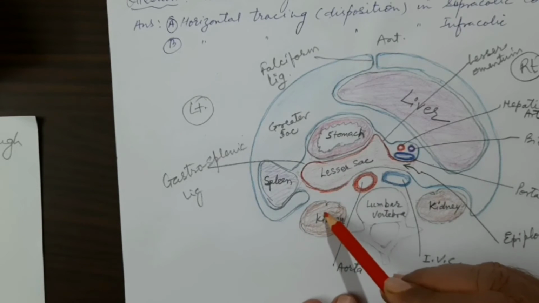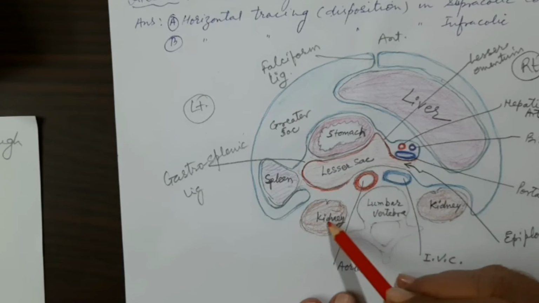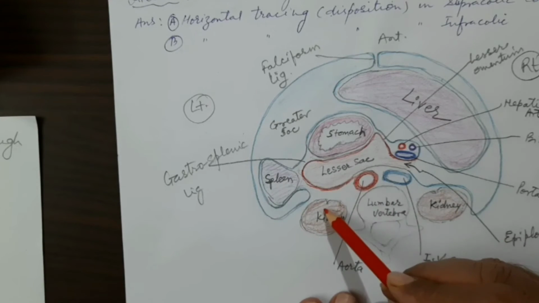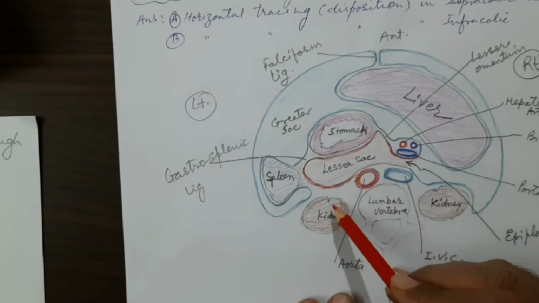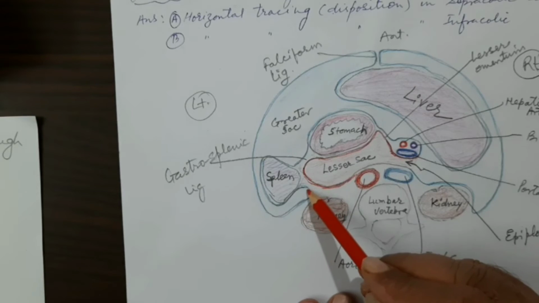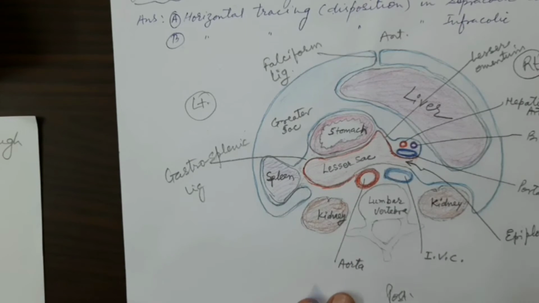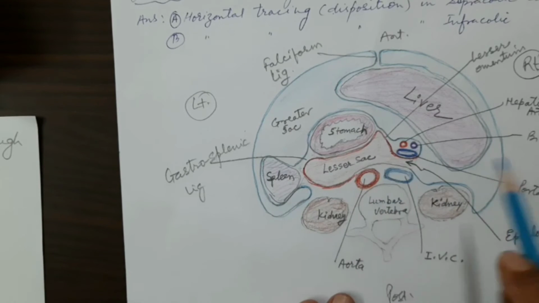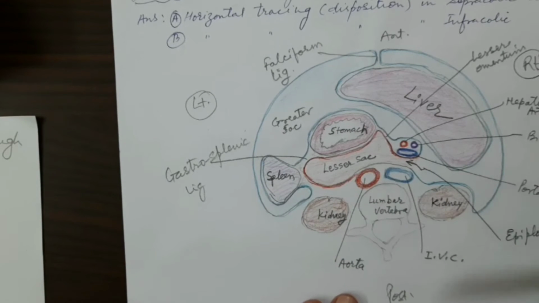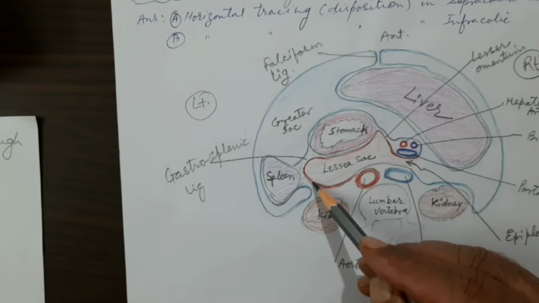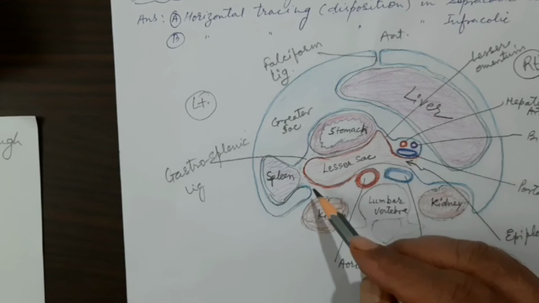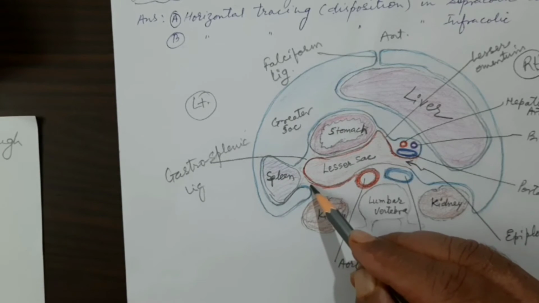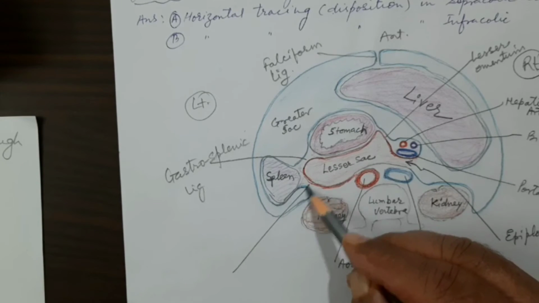Anterior aspect of the kidney. This is the kidney by the side of the lumbar vertebrae, in the posterior abdomen. Now again, these are double folds of peritoneum. One fold is going toward the spleen, another fold is going and covering the anterior surface of the kidney. These two double folds will also contain the artery, and this fold is again a ligament,